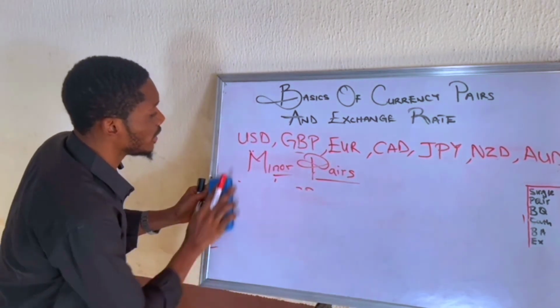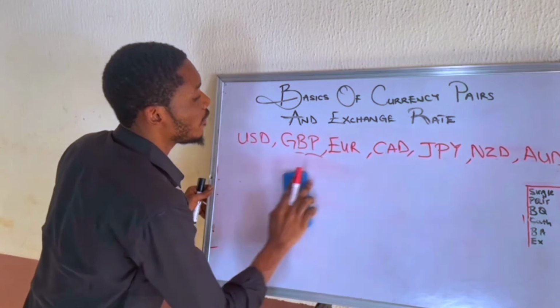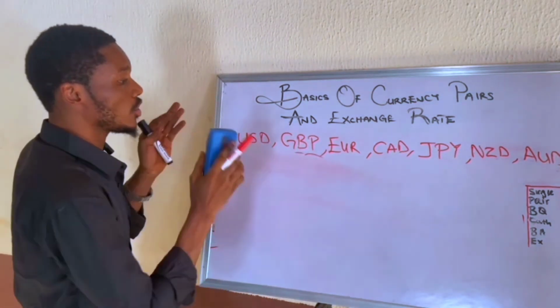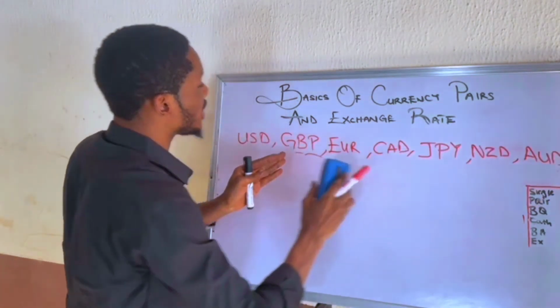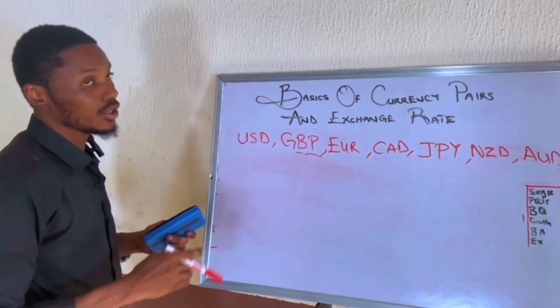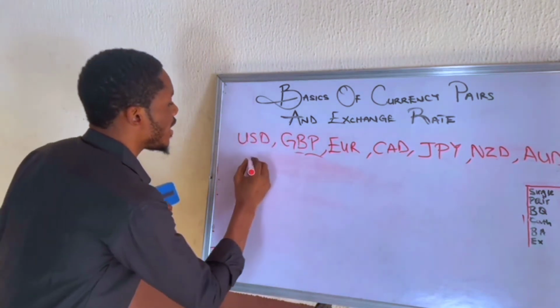So let's move to the exotic pairs very fast. So the minor pairs, you just need to combine either of these currencies without the United States dollar. So let's move to the exotic